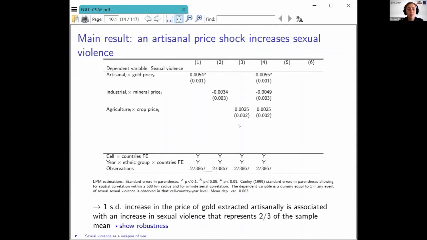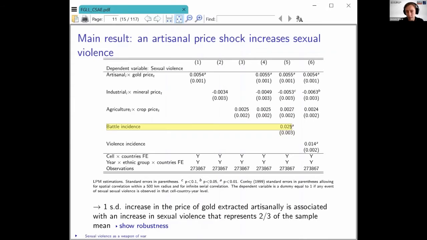What we can do here is to control for the incidence of battles, or for any other sort of violence recorded in the ACLED which is not sexual violence. And we can see that our coefficient of interest stays perfectly stable. So what this tells us is that, yes, battles and other violent events recorded in the ACLED do have a positive relation to the incidence of sexual violence. You could say that there is this kind of byproduct spillover effect of other forms of violence on sexual violence, but the relationship we identify between local natural resources value and sexual violence incidence is independent of this